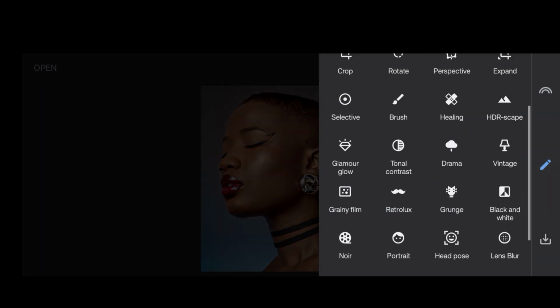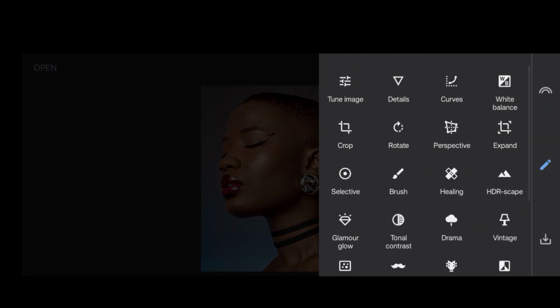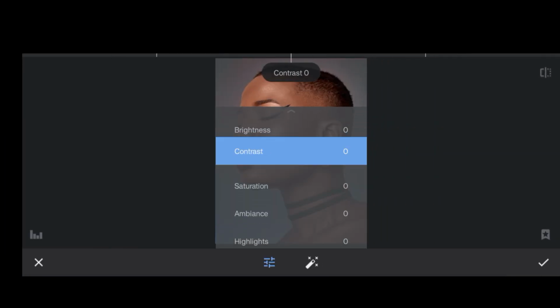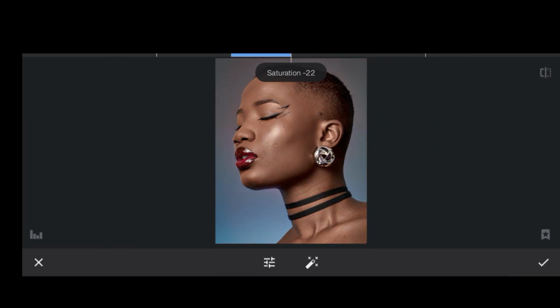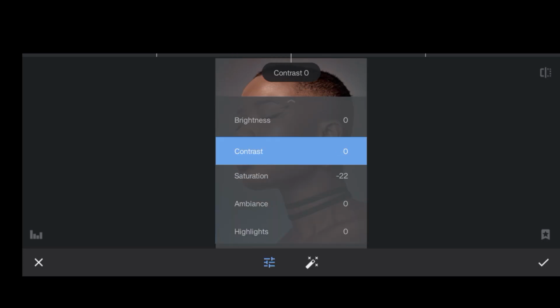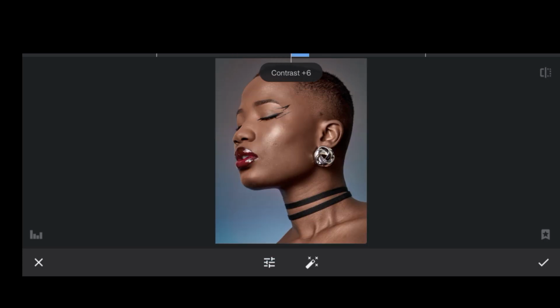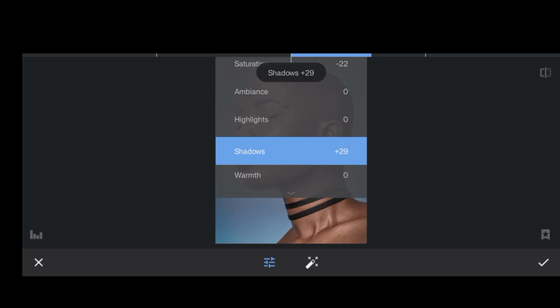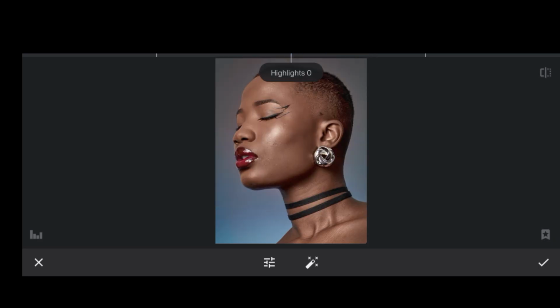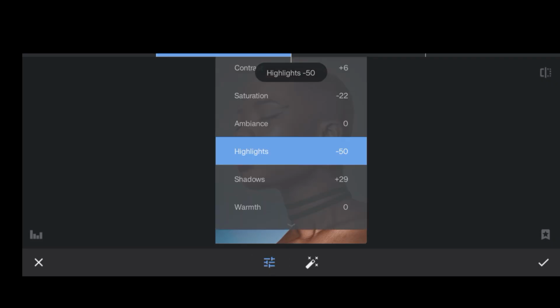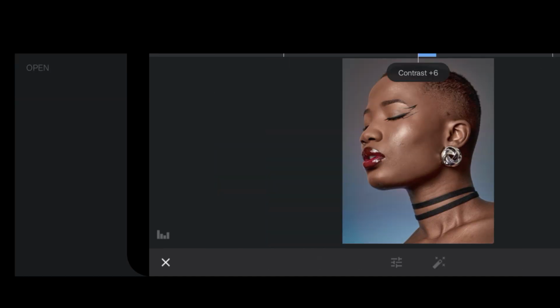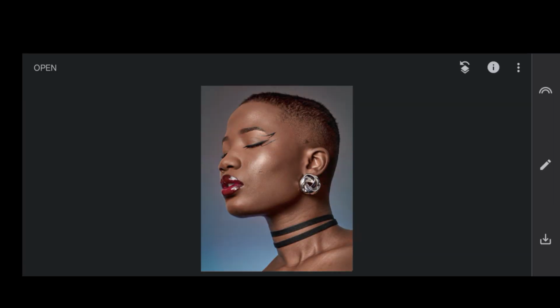The next thing is to locate the tune image. We decrease the saturation, increase the contrast, +6 is okay. Then for the shadow, we increase that to +29. Highlight, we want to reduce that to about -50. -50 is okay. Then this is what you should be having. If you actually follow my settings, this is what you should be having. We're able to change the image from the way it was to this current